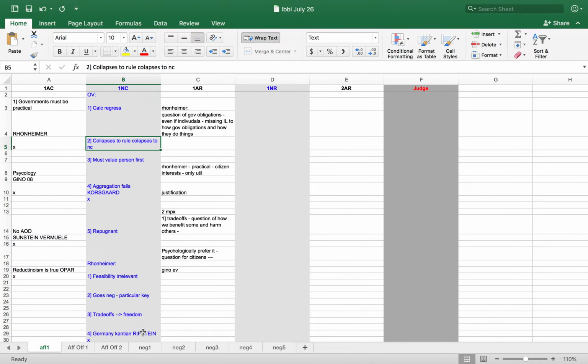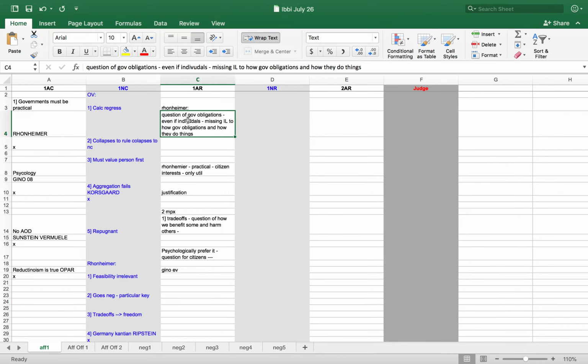And B is that I think you want to, similar to how the 1AC makes these kind of 5 overview arguments at the top of the framework, calculative regress, collapses to the NC, personhood first, aggregation fails with chorus guard, and 5 utils unethical and repugnant, you should do something similar on the NC framework. Like give an overview and make some conceptual reasons why Deont fails or why your framework precludes. The reason then being is that it's kind of a way to, I guess, quote unquote, have offense on the framework debate, and that instead of just answering each individual justification, you have kind of large overarching reasons why their theory fails, which you can collapse to in the 2AR and really unpack.